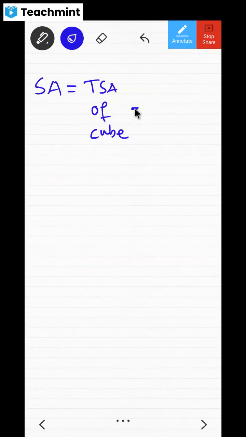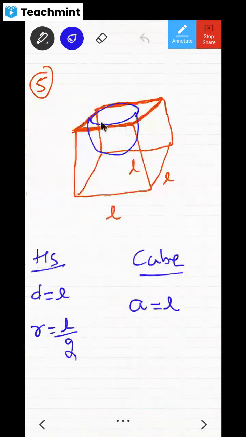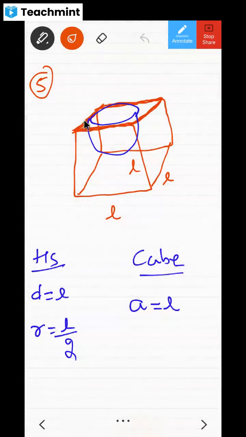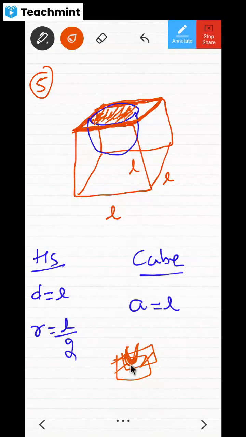Then I will write minus. Look at this: from this top face, if they are taking out this hemispherical depression, don't you think this much area will be gone? This circular area will be gone. It will be cut out, no? There will be a circular hole on top of this. In an ice cream cube also, if you take one hemisphere, there will be a depression like this, a hole like this, no?